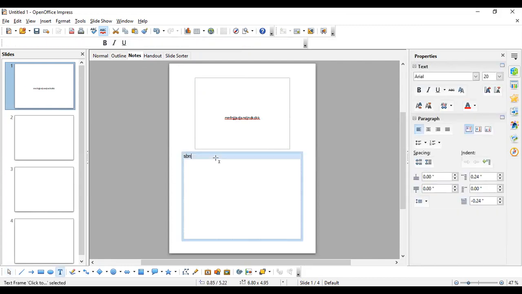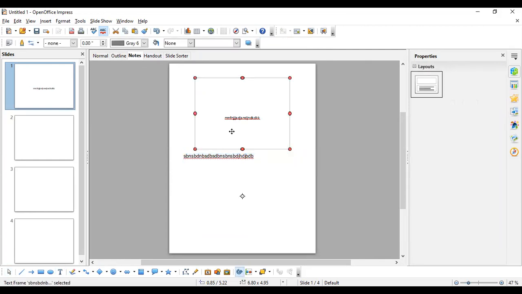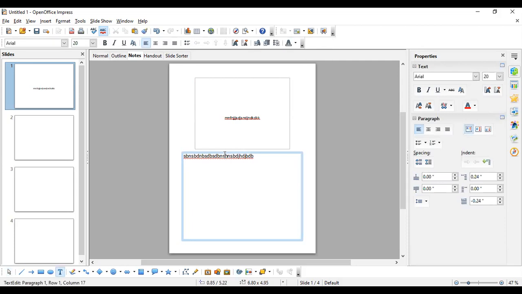Now here you can give the notes that are related to the slide that is shown on top of the slide. It is used for giving some notes based on the slides that you are showing in a presentation.